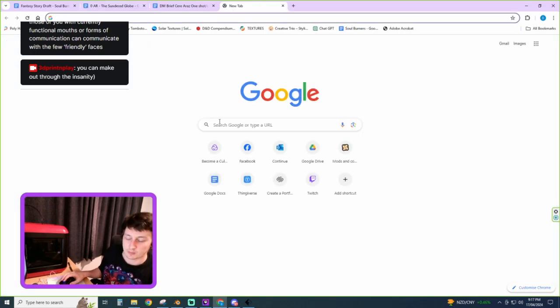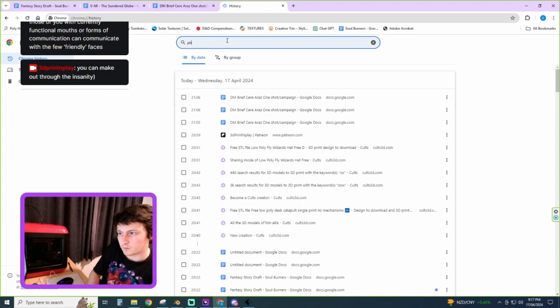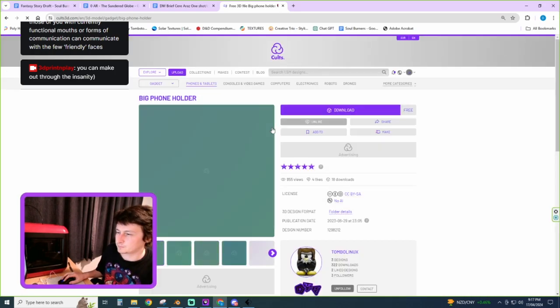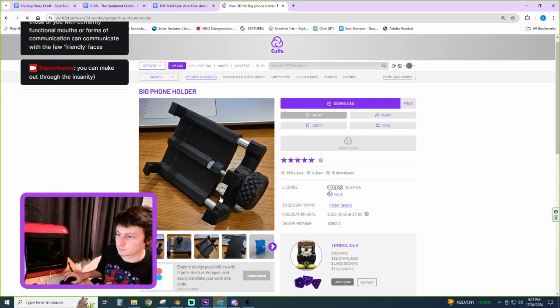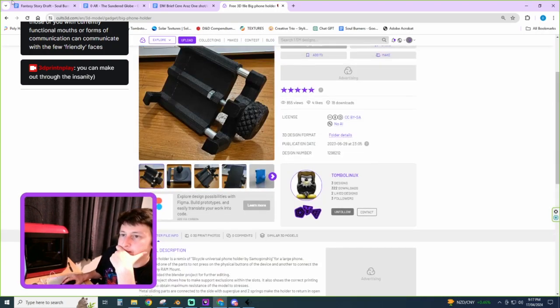Right, what I want to print was this camera stand, or whatever, like a big phone holder. Not really what I'm after.